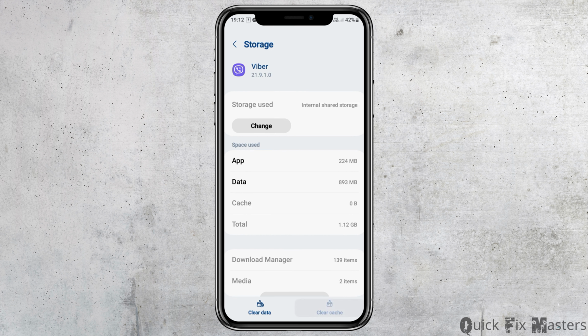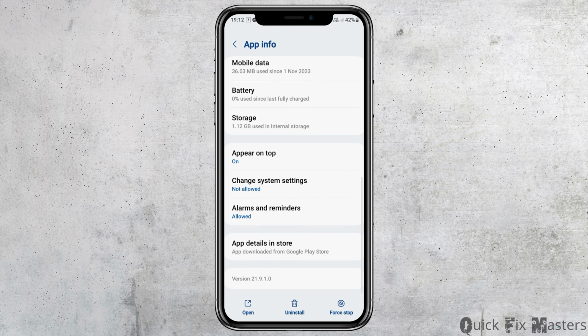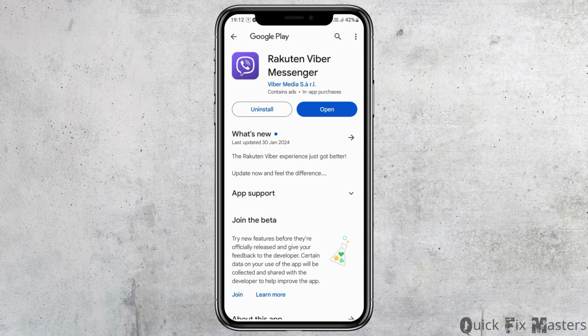Now if there is any cache, you have to clear the cache, and after that you have to go back again. After going back, you have to go to the next option, that is app details and store, and tap on the app details and store. After tapping on app details and store, you have to check whether there is any update application option or not, and if there is any option of the update there, you need to update your application, and this way your